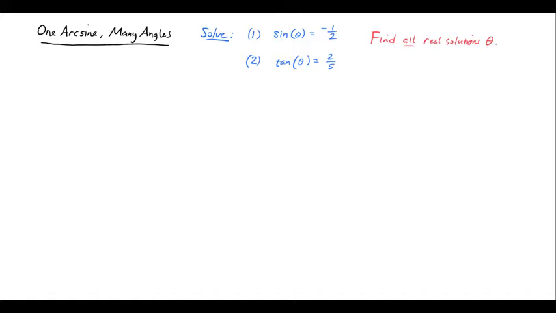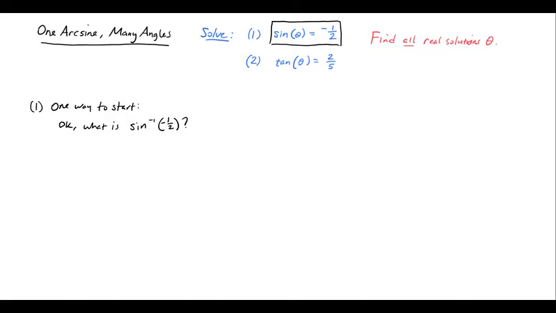All right, so first of all, one common way that students think about this question, and it's not a bad way to start things, it's just not the complete solution. Number one way to start is to say, okay, what is the inverse sine of -1/2? Because that would be an answer to this question here. If I want to know an angle theta such that sine of theta is -1/2, that is exactly what this would be. Inverse sine of -1/2 would be an angle